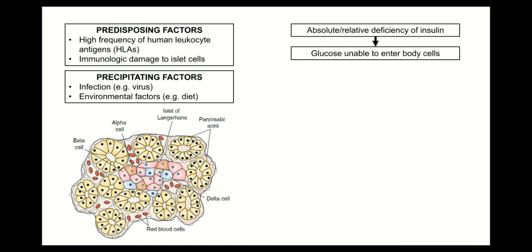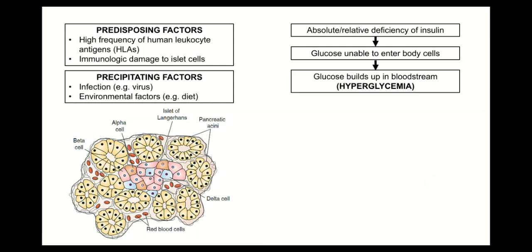If glucose cannot enter the body cells, where will it accumulate? In the bloodstream, of course. Because the body cannot use it as a source of energy, there will be hyperglycemia. Meaning, the excess glucose not taken in by the body cells builds up in the bloodstream,